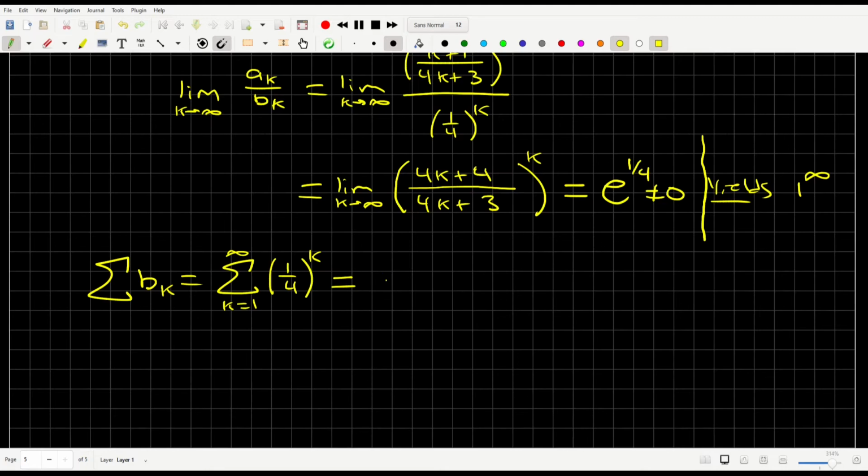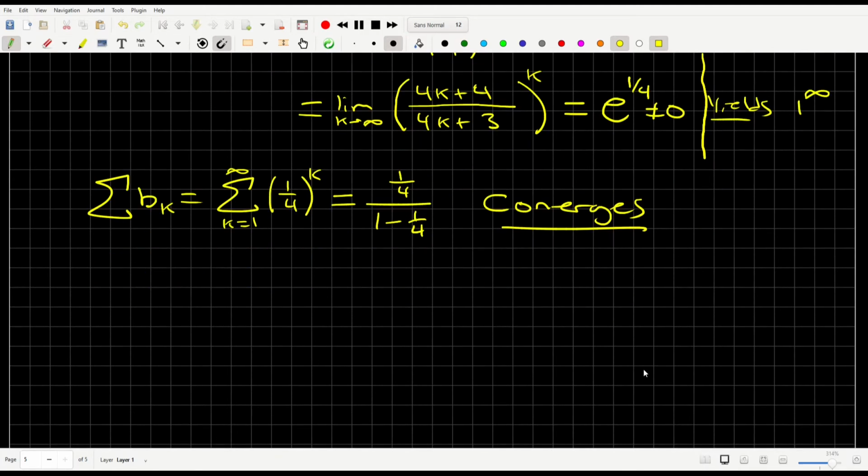Specifically, we have that this converges directly to 1/4 over 1 minus 1/4. But the main point here is that this series converges, and then therefore, by the limit comparison theorem,